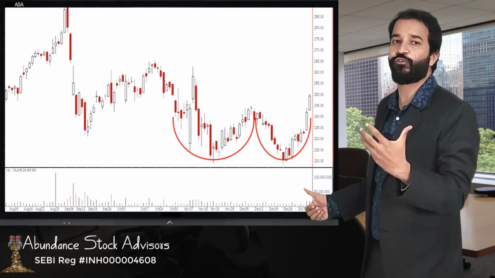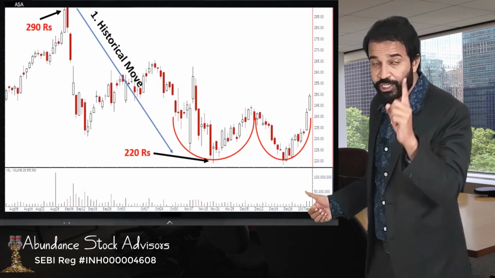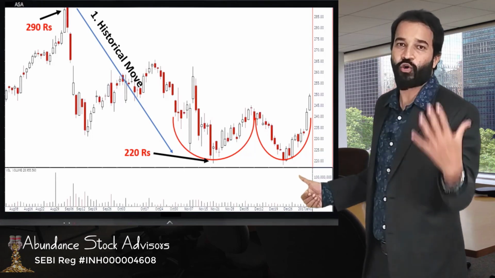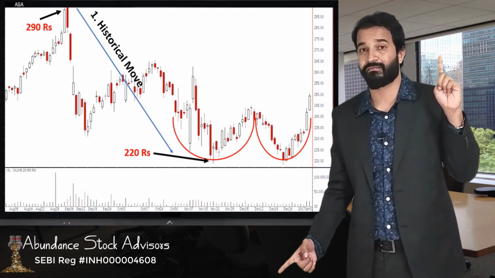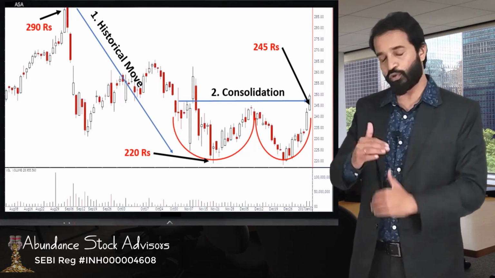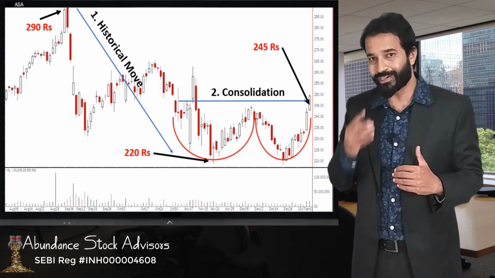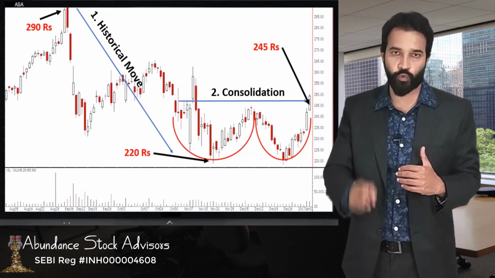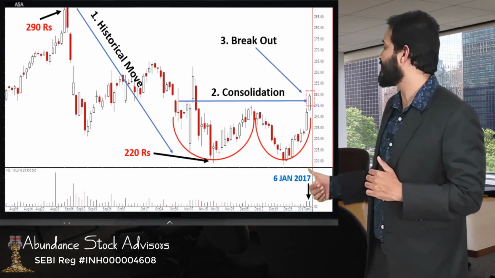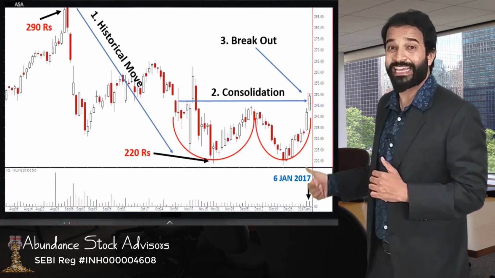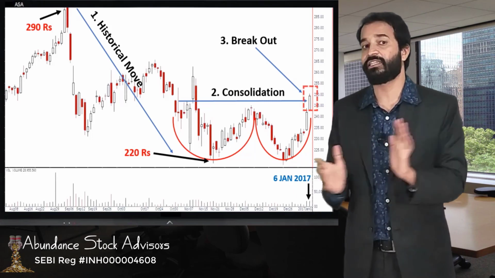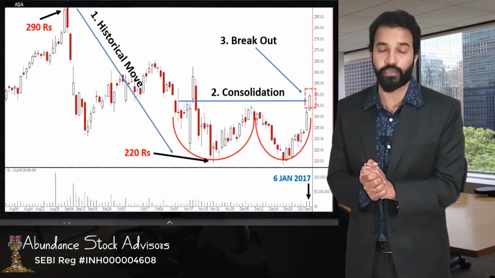Now here again we see four important elements. If we see the historical trail, we can easily see that the stock was in a clear downtrend. The stock had come from 290 to 220 rupees. If we observe its consolidation trail, it is evident that the stock was moving between 220 to 245 rupees. The stock touched a low of 220 twice, due to which we see these two bottoms being formed. On 6 January 2017, we see a breakout. This shows investors returning back in this counter with enthusiasm. So now our analysis was telling us that this stock was going to do wonders in the times to come.